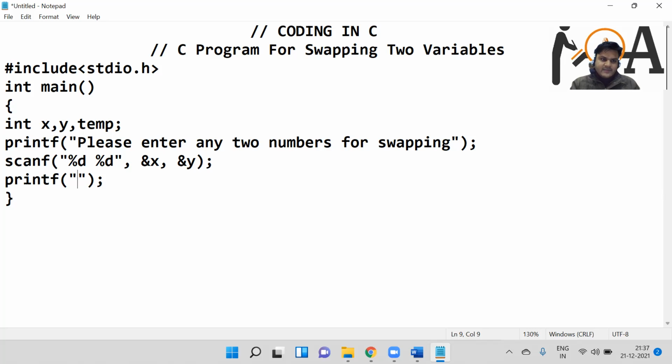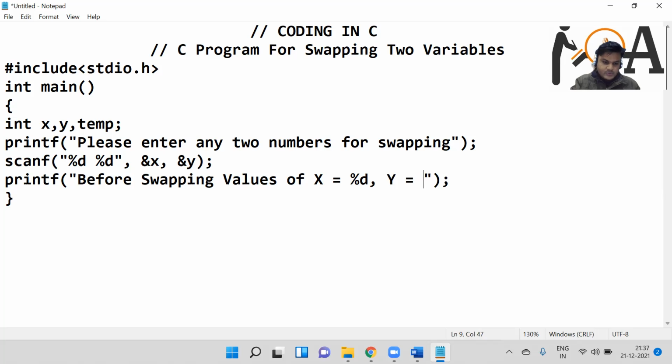So in the printf statement, I am writing: before swapping, values of x equals %d, comma, y equals %d, comma, x, comma, y. Right, so before swapping, whatever the values of x and y that the user is going to enter, that would be shown here.